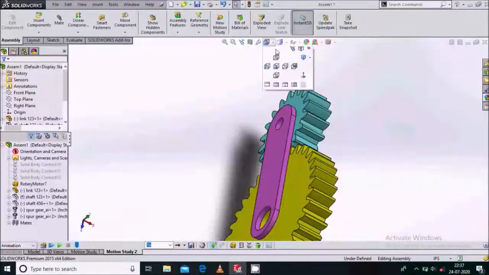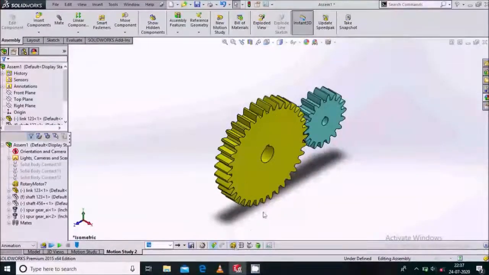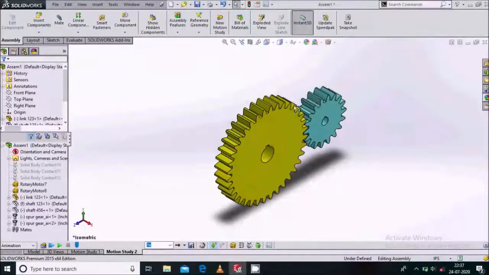After that, select the isometric view, select the motor again, select the inner face and give it 5 RPM. OK. So what we have done, we have given 2.5 RPM to the link and to this inner gear we have given 5 RPM.